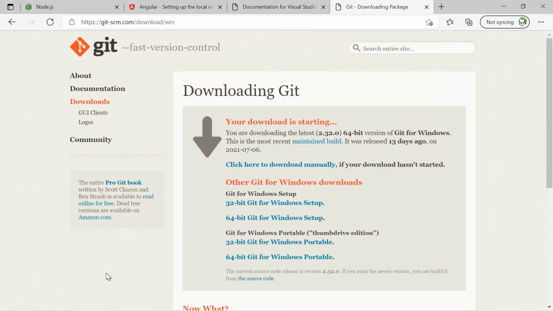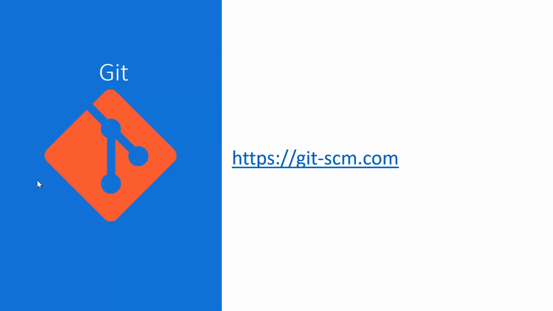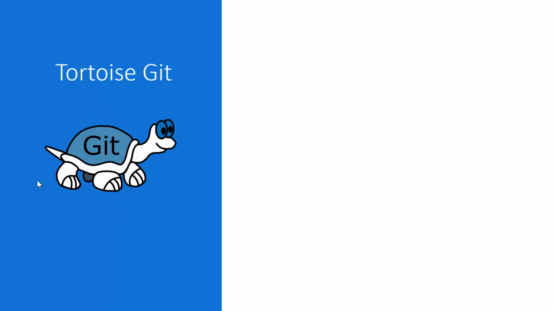If you want to learn this Git, then you can use the same website, and over here you can see these documentations, and there is also a book. You can use any one of them and you can learn more and more about this Git. We have installed the Git successfully. Now, as a last software, I would recommend to work with Tortoise Git. This Tortoise Git provides a beautiful UI to work with the Git. Let's install it from this website, tortoisegit.org.